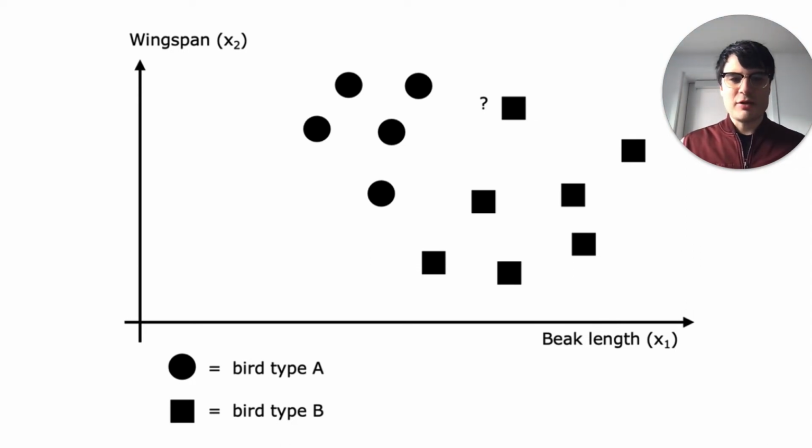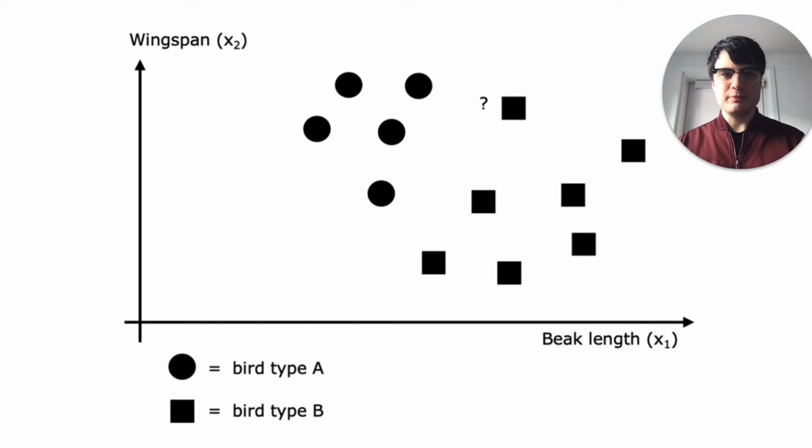So let's say we're trying to classify the type of a bird. So we have two different bird species. They do this a lot in biology. And let's say we have two data points about a bunch of birds. We have their beak length, which we plot on the x1 axis, and their wingspan, which we plot on the x2 axis. And we plot all of bird type A's as circles, and we plot all of bird type B's